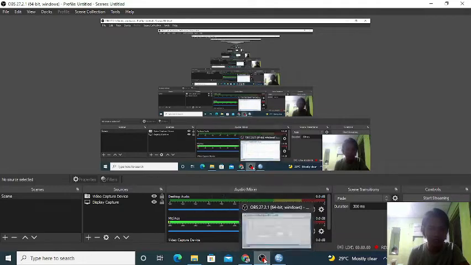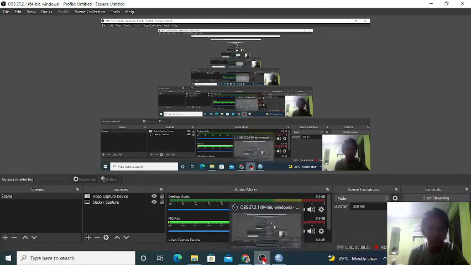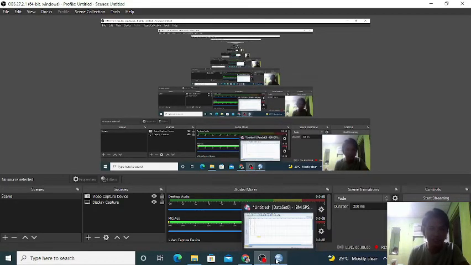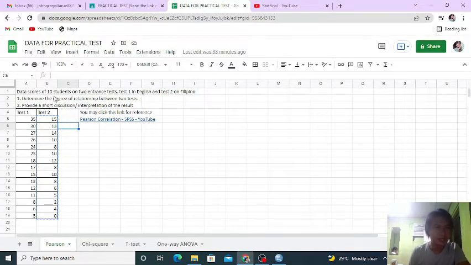So I'm going to show you how to use the SPSS. Okay, first we have the problem: data scores of 10 students on two entrance tests, which is test 1 in English and test 2 in Filipino. So we're going to determine the degree of relationship between the two tests and provide a short discussion or interpretation